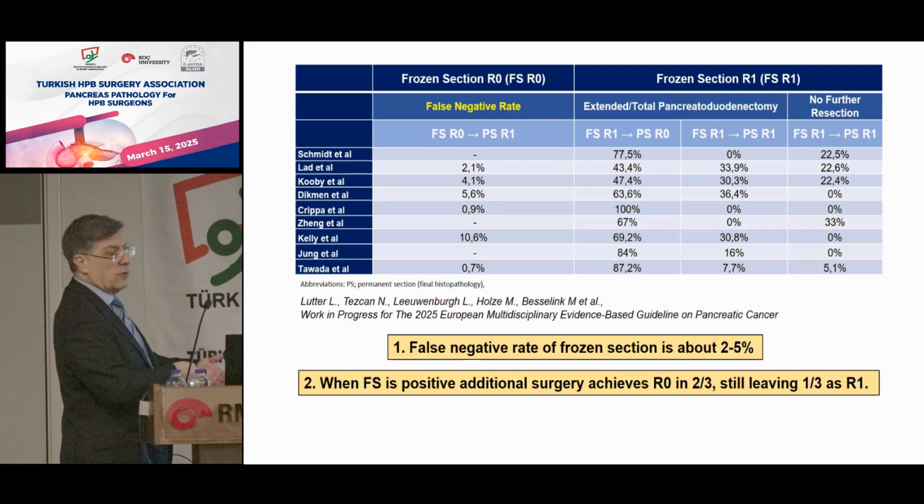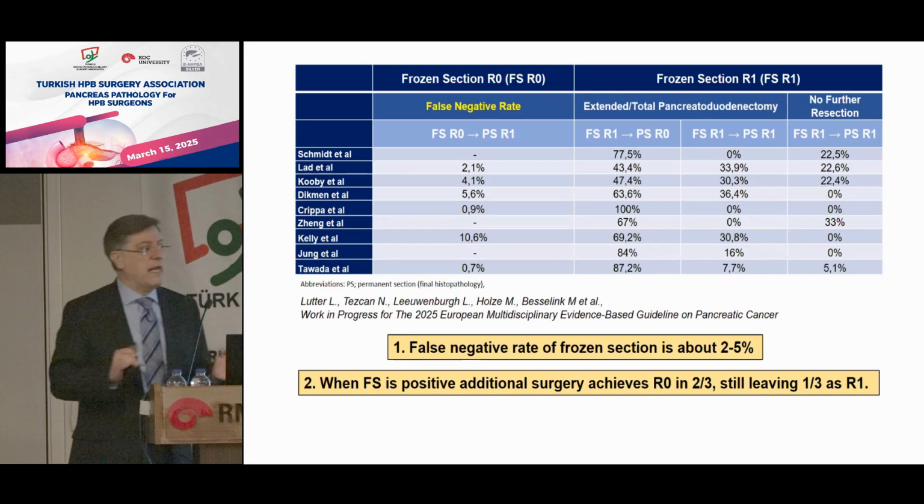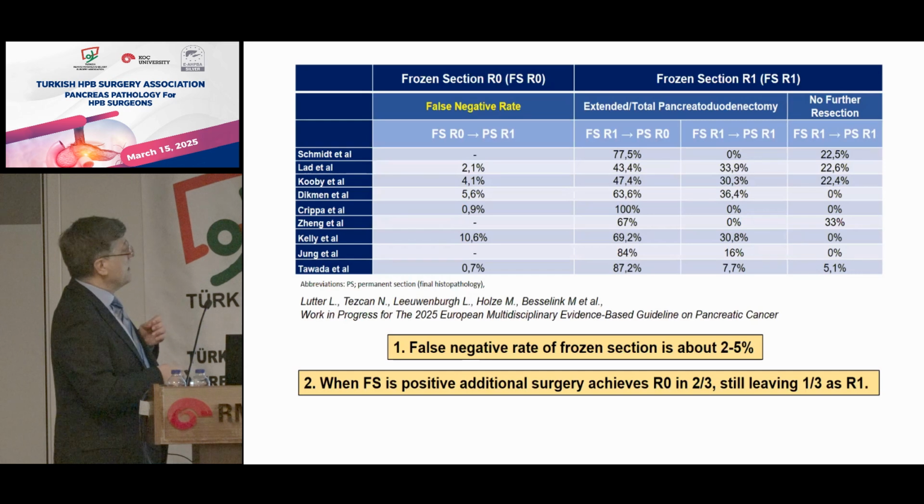I know the numbers are small, and I hope you can see some of them, but there are 2 points here. One is false negative rate of frozen section is about 2 to 5%. Okay? Yeah, there's 0.9 in some studies, but in reality, it's about 3–4% in any institution you go to. Now, one thing